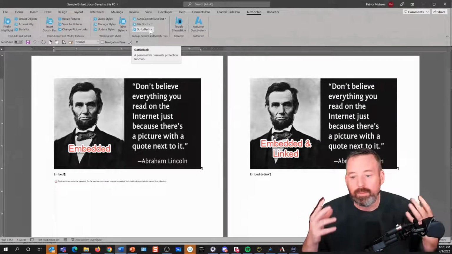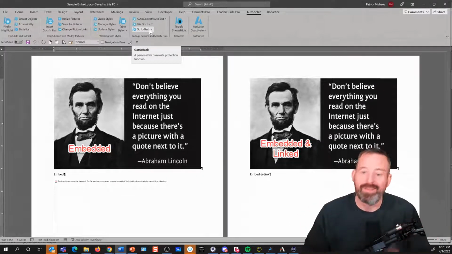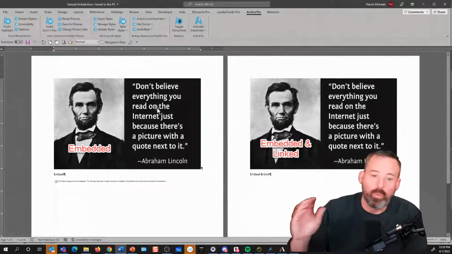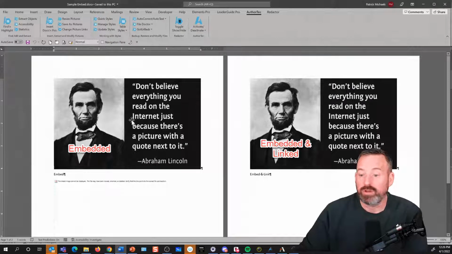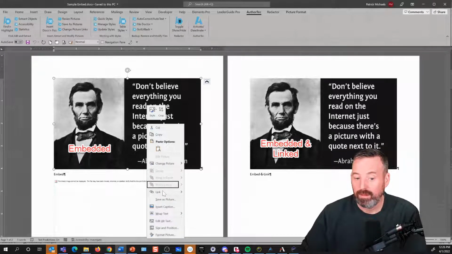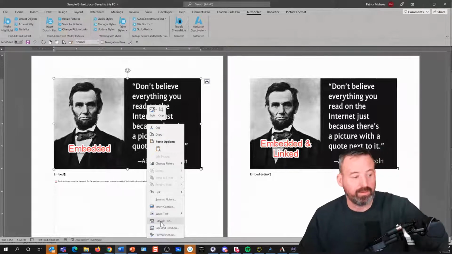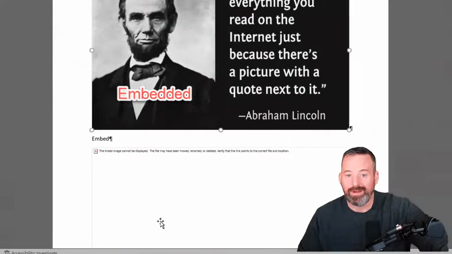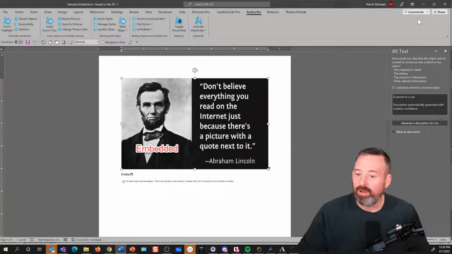Some people, looking at pictures can be hard, right? That's where alt text can come in and be helpful. Microsoft's actually done a really good job with their alt text. Easiest way to get to alt text, if you highlight an image and right click on it, you can come down, and right down here towards the bottom, we've got edit alt text. If you click on it, it will pull up the alt text